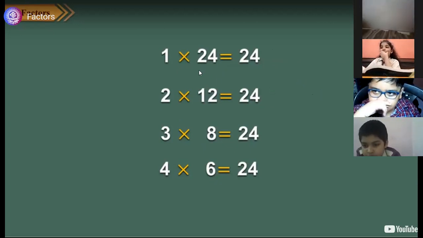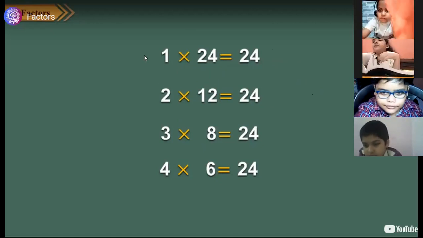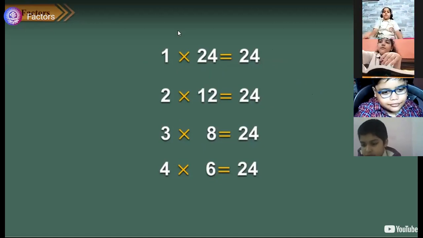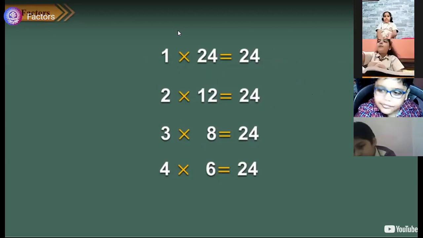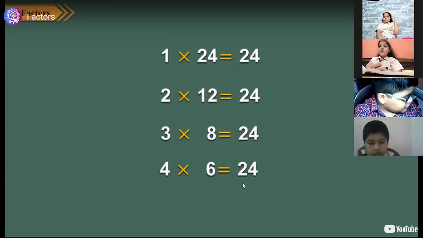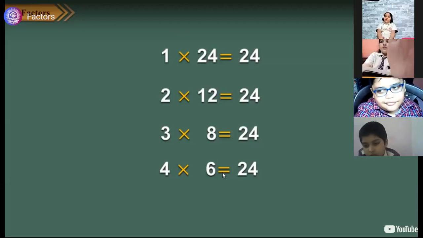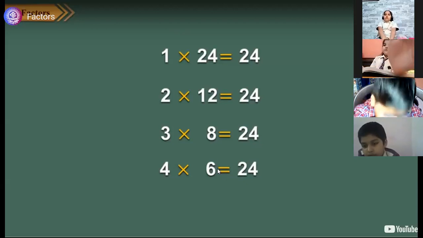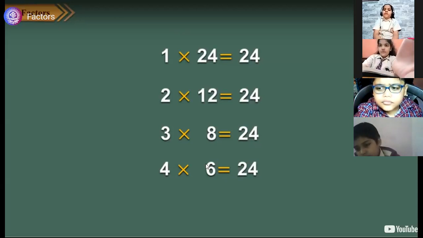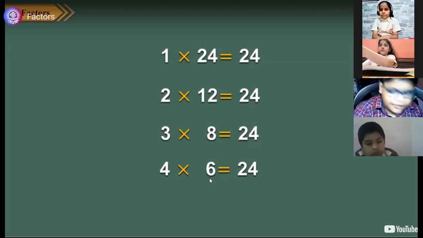We are going to start from the left hand side, and we are going to write down a column just before the equal to sign. We are going to take all the numbers here like this. Okay, beta? So how many factors will be there?